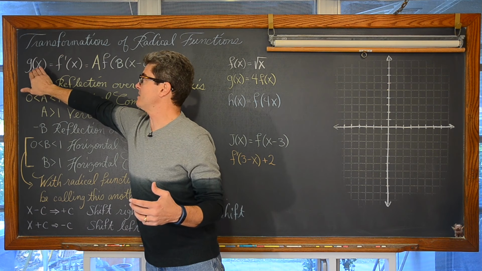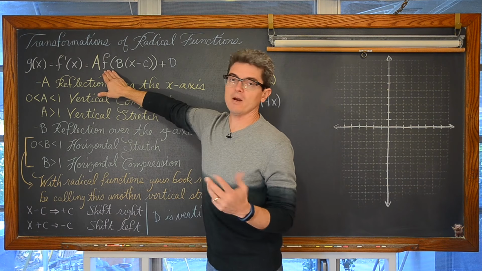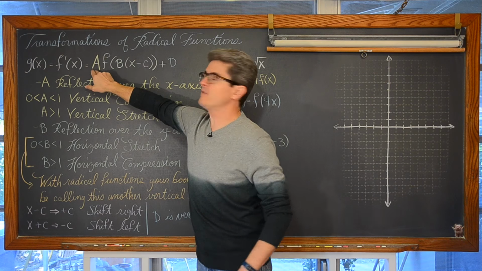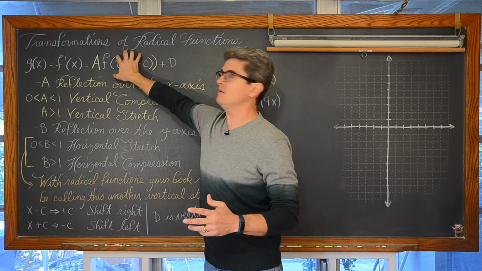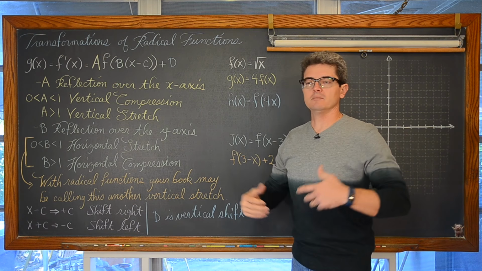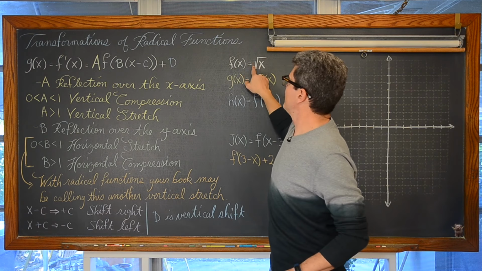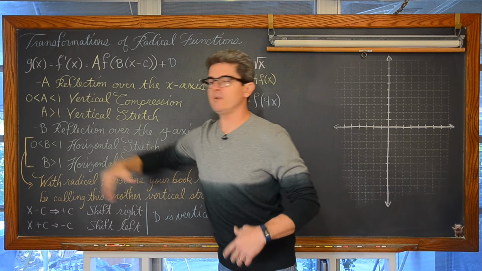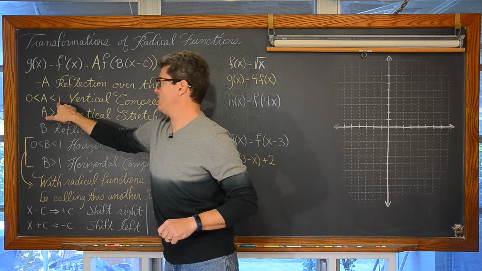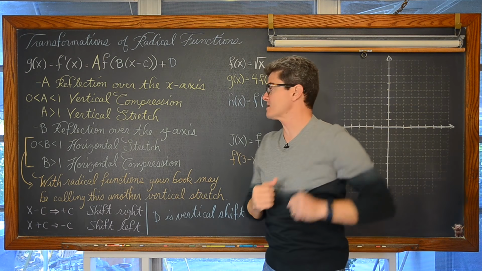So g of x, some different function graph, is going to be created from the parent function graph with these transformations. Well, a coefficient at the beginning of whatever main math operation is in your equation, it could be a trig function, it could be a cube function, could be a square root function. If you have a coefficient out in front, that is going to be a vertical stretch. And if that coefficient of a is between 0 and 1, then actually what's happening is the graph is getting vertically compressed towards the x-axis.